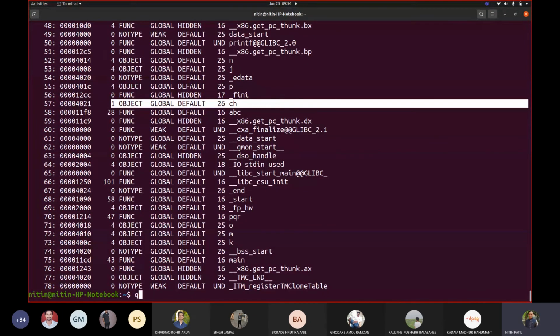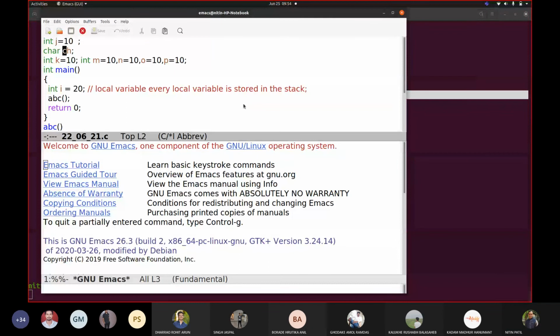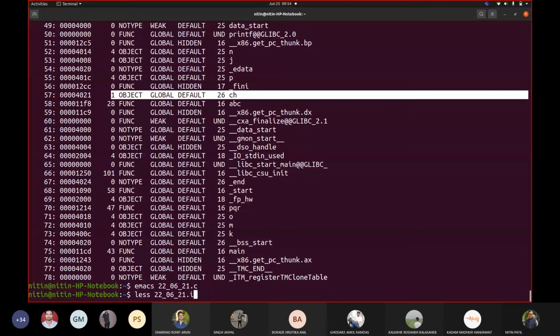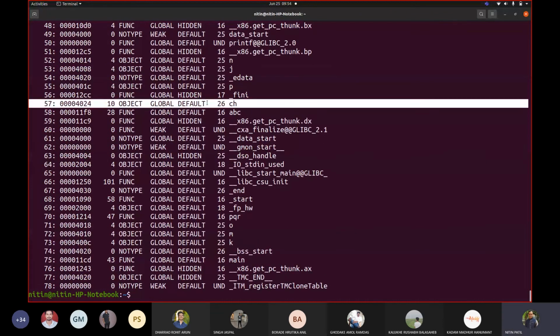Now if I take, say, for example, ch of 10, ultimately the size should be 10. Let us see. See, ch size got changed to 10.